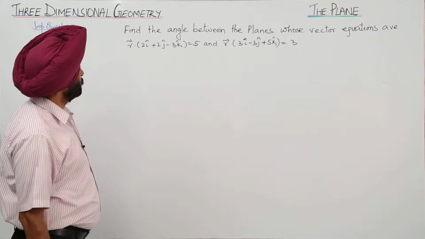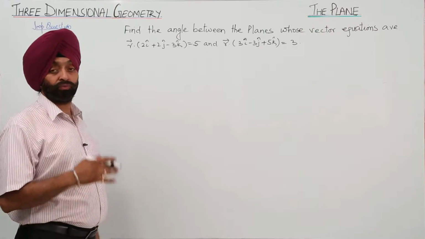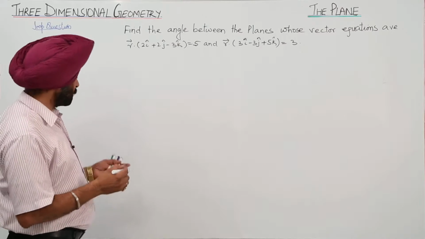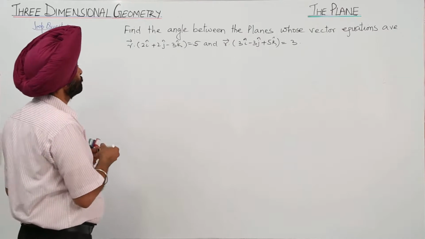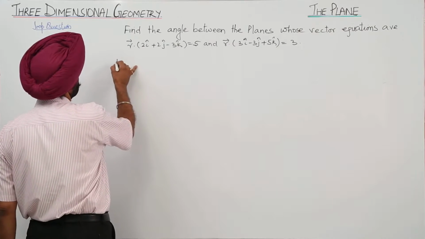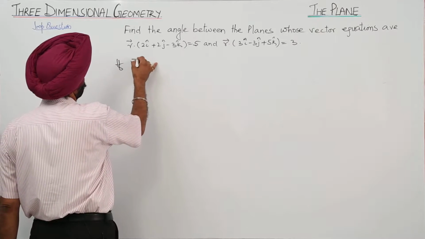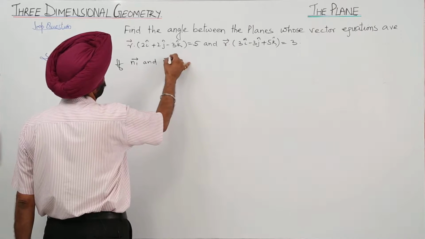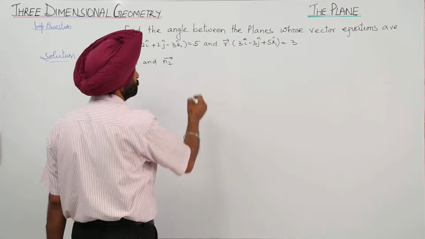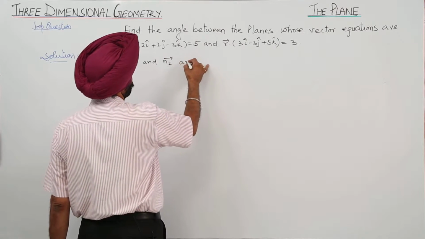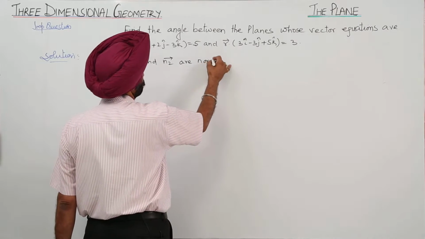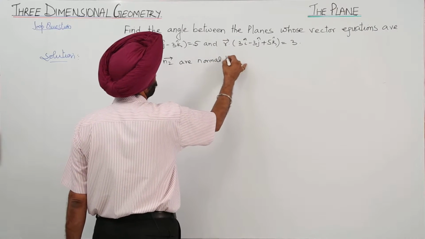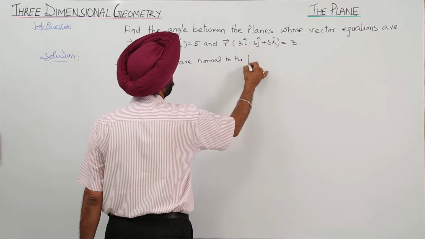Now we have to find the angle between the planes whose vector equations are given to us. Now, if vector n1 and vector n2 are normal to the planes